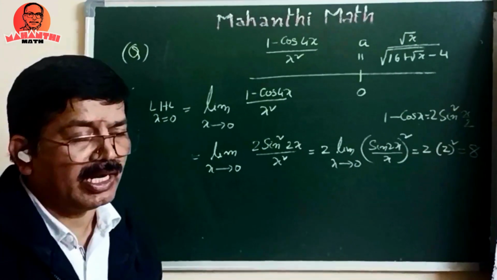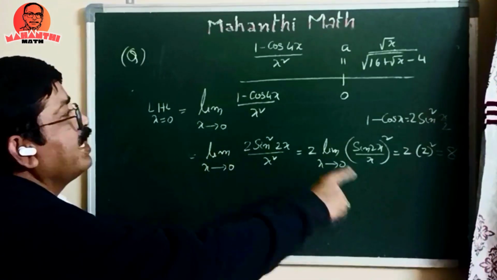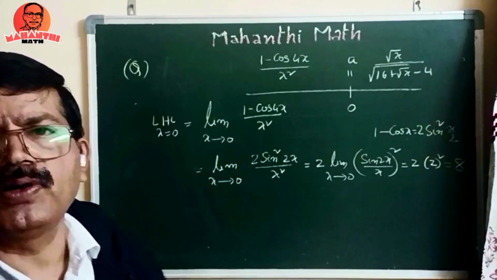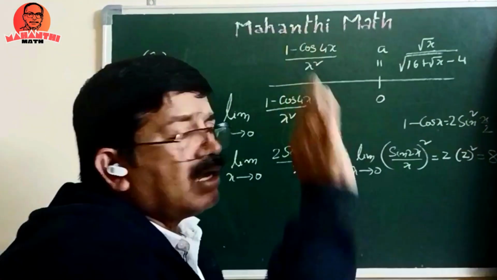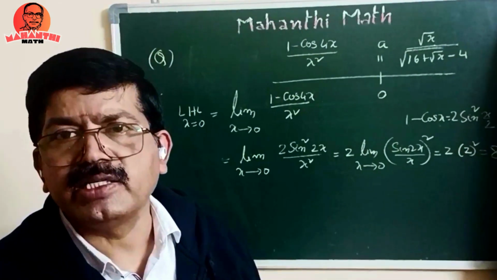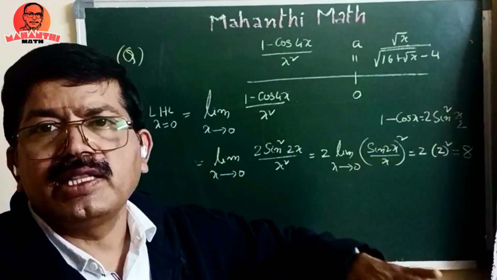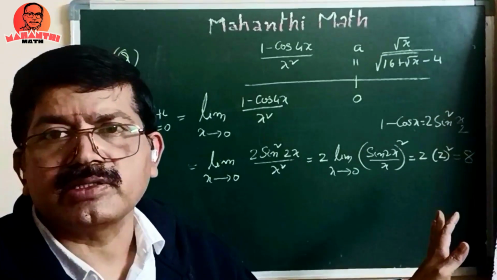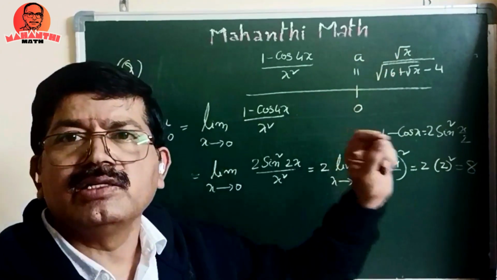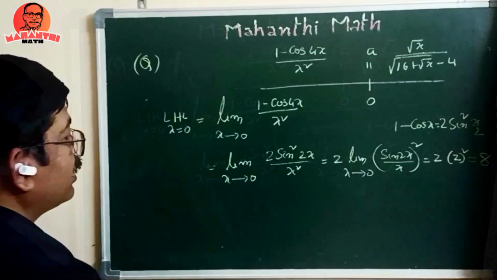See, the function is given continuous. We have to check that. We have to find for what value of a it is continuous. LHL is 8. Function value is a, so a equal to 8. Half of the thing is confirmed. But we have to see the RHL also. If that also comes 8, we will decide that a equal to 8. Suppose in any case this is not 8, some other thing comes, we will tell that for no value of a it is continuous. But you have to do this one correctly. By making a mistake, if you get some other thing, you should not write for no value of a it is continuous like that. Correctly we have to do that.